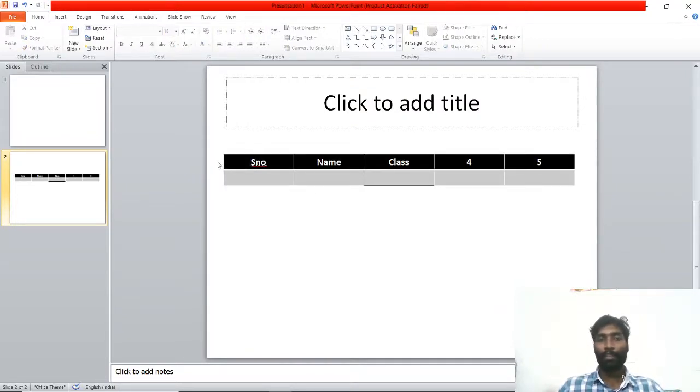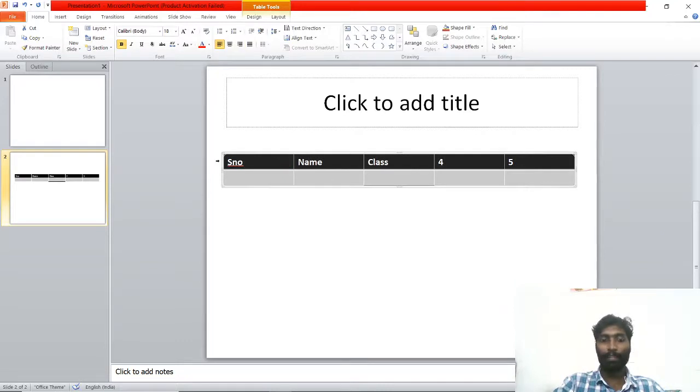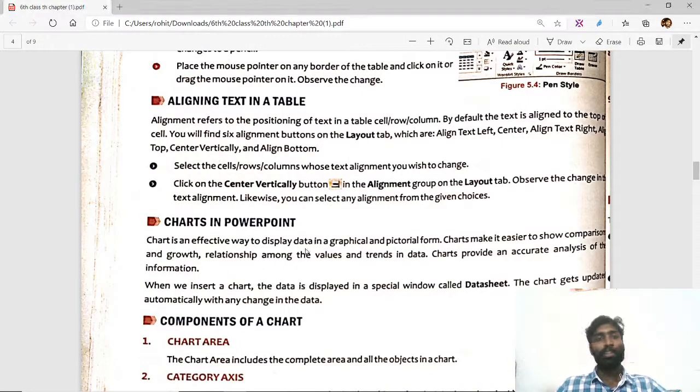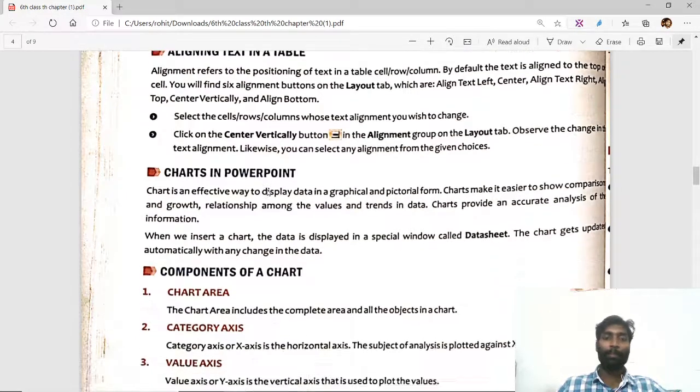If you want to left align, select the entire row again: Control R for right align, Control L for left align, Control J for justify. Okay students, so these are the things we learned in the previous class.